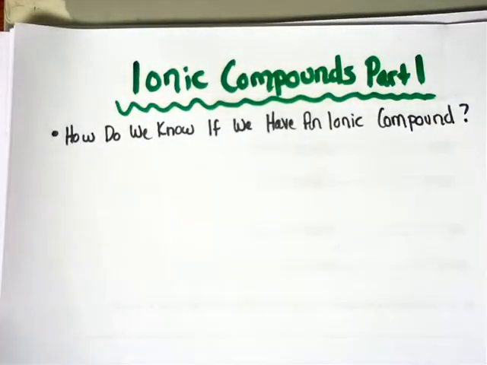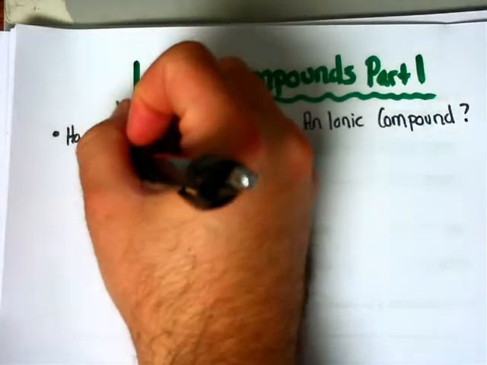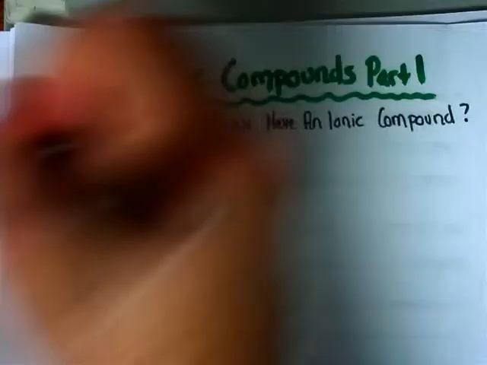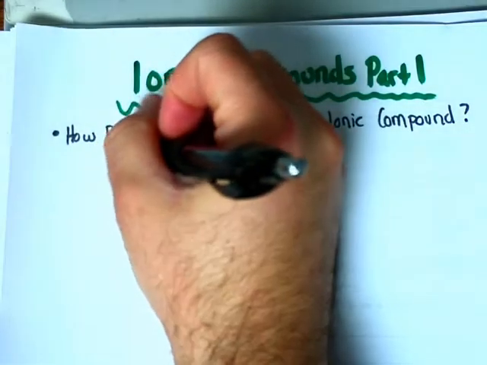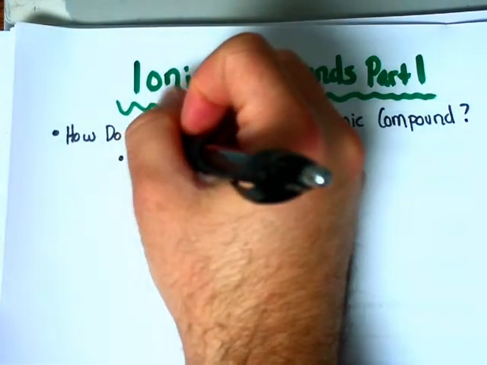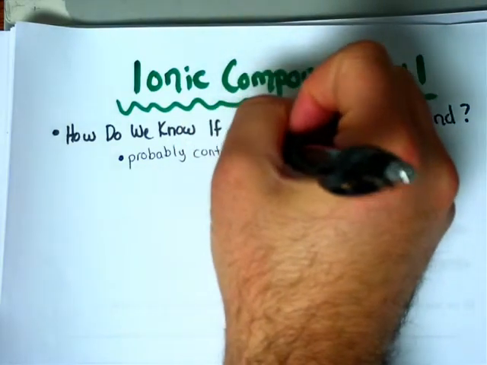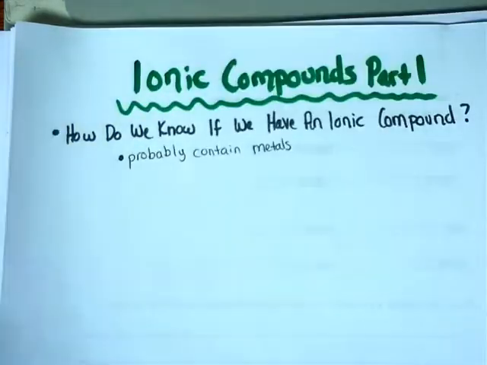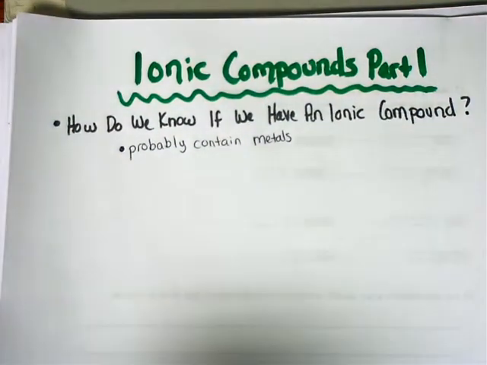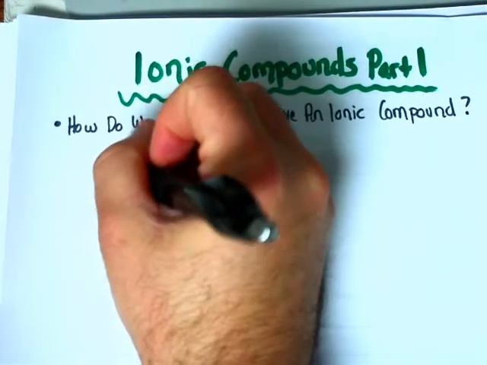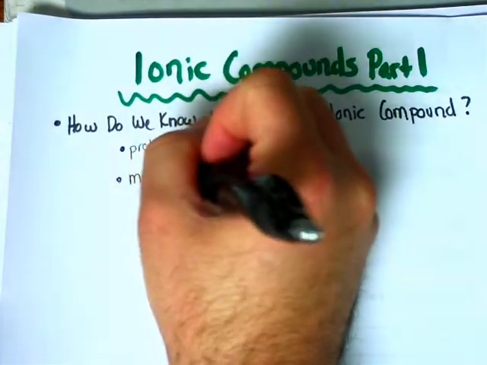And one of the things we can see is that ionic compounds have the potential to contain nonmetals. So ionic compounds probably contain metals. They probably contain metals in them. That's not all they have. Very often, they have the potential, so they may contain